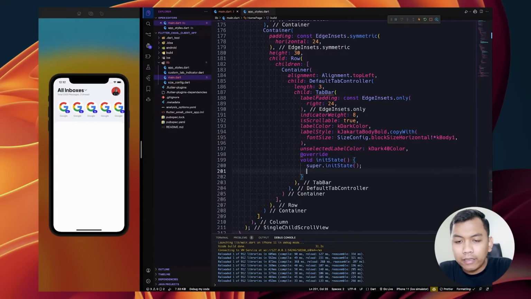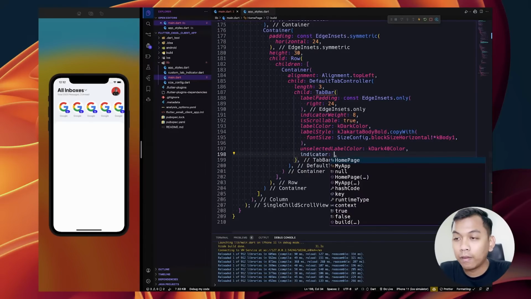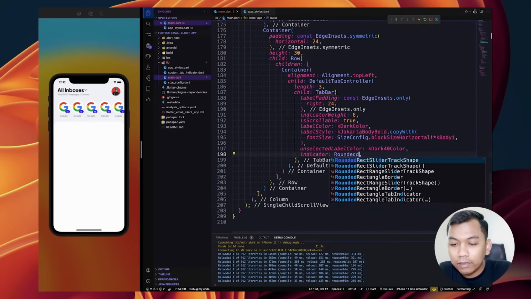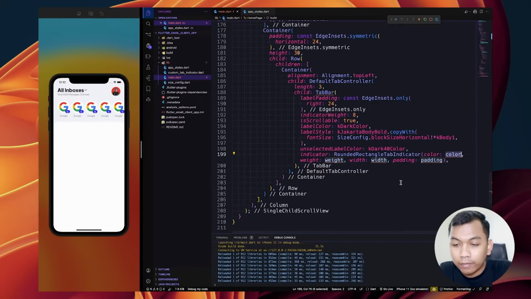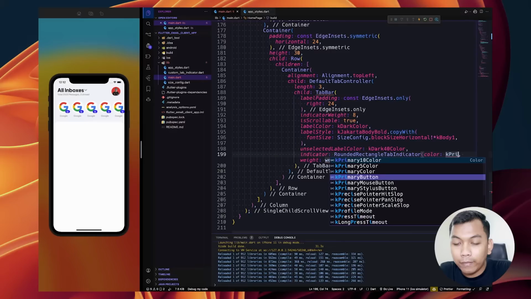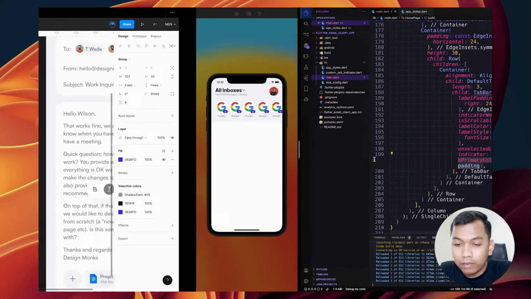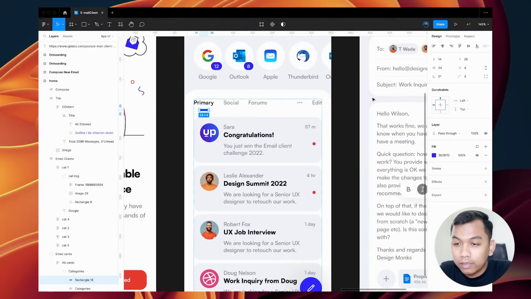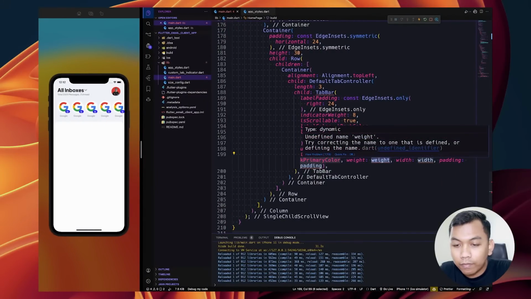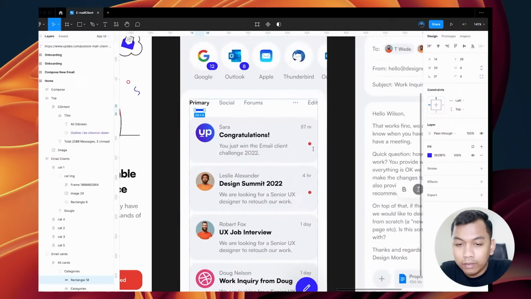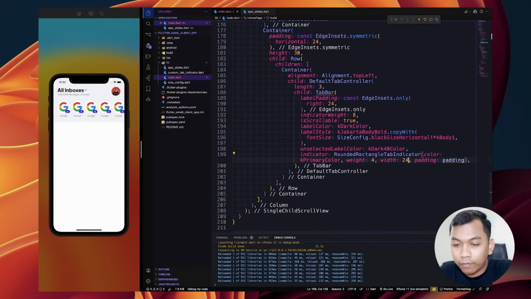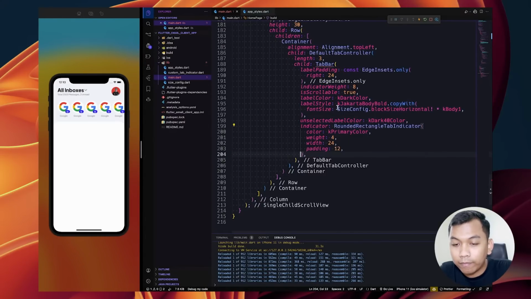And indicator will be our rounded rectangle tab indicator, and we need to set like color will be primary color, and the weight will be this 4, and the width will be this 24, and the padding will be a half of this padding, so just 12.